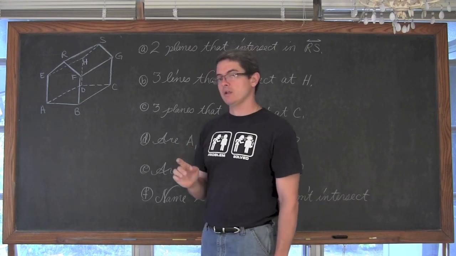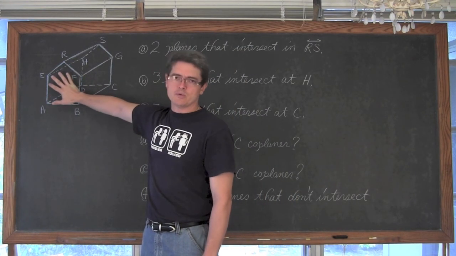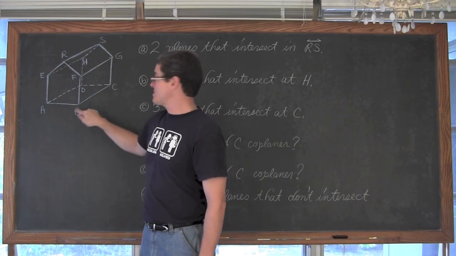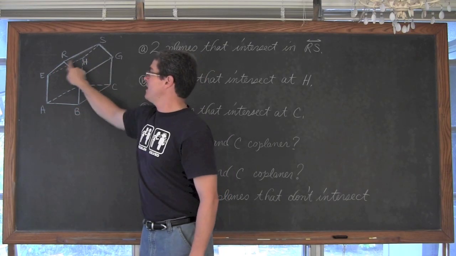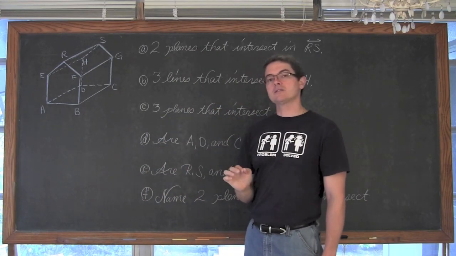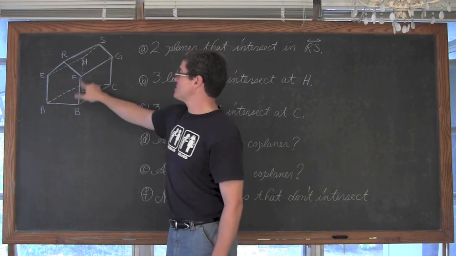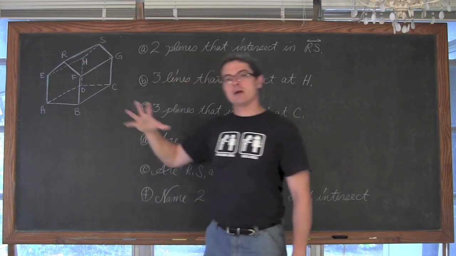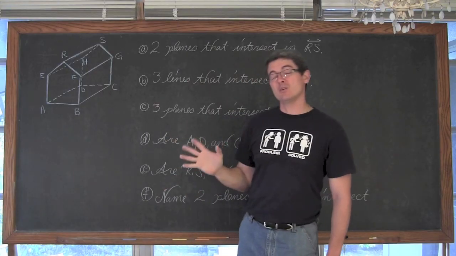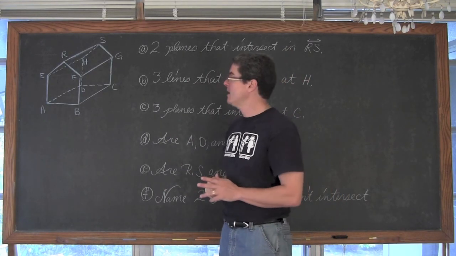And if you do that well enough, if you draw your front face, and at least that's what I would do with this figure, draw my front face and then go off each one of the corners making parallel, equal line segments, and then just connecting the dots in the back, remembering to put some dotted lines to represent those lines at the back of the figure that, if it were solid, you wouldn't really see, to make the figure. So that's a tip on how to try and draw it.